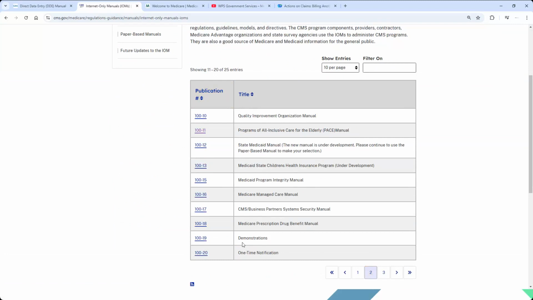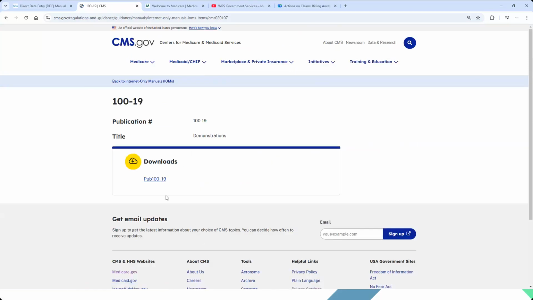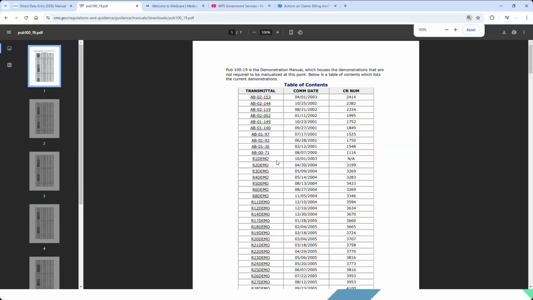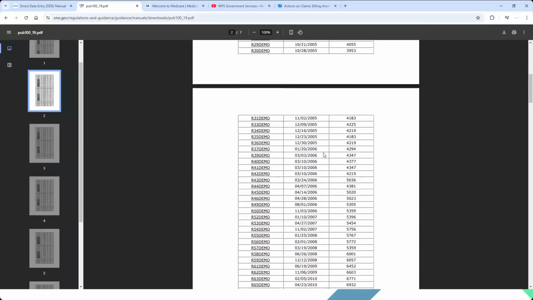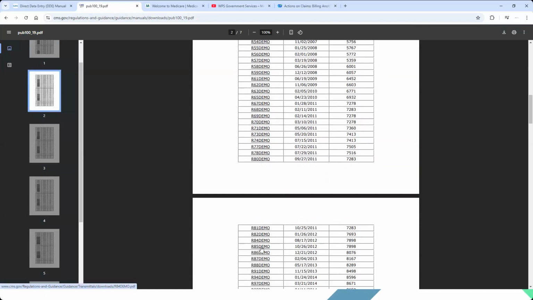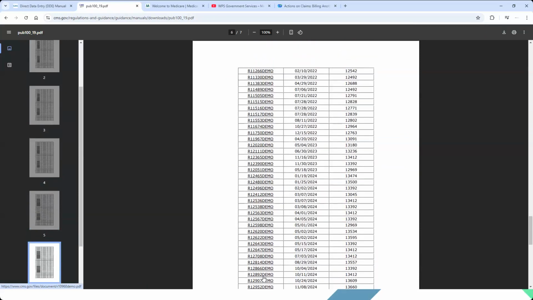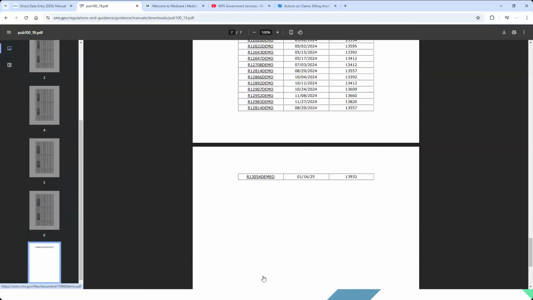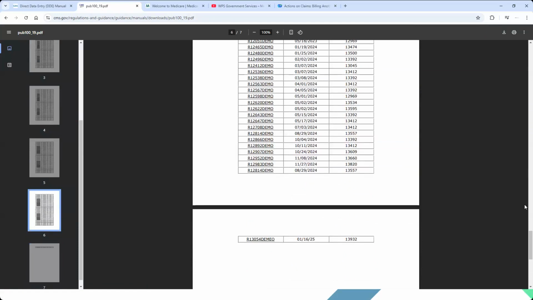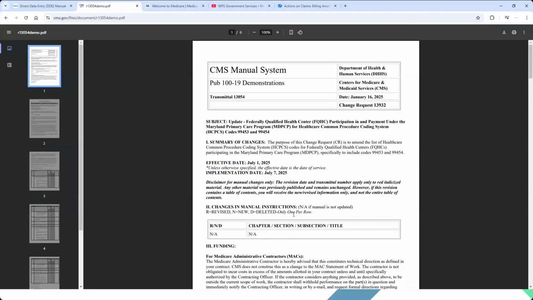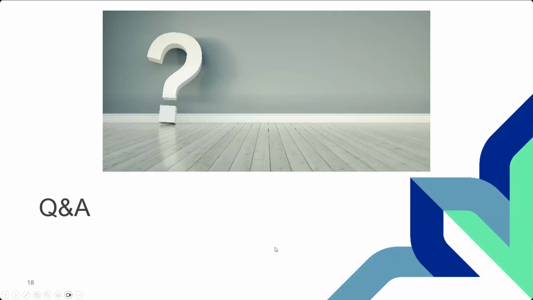This is the demonstrations area, and you can see it has its own publication, 100-19. You go through and it talks about all the information you might need to know, but you're like, none of it makes any sense. Well, that's because these are all the different demonstrations. You can see CMS might have one or two as we're hitting page 7 of the demonstrations, and then it tells you what you need to know about those. It actually takes you to the information. So if you're looking for something like that, that might be helpful to you as well. I did forget to add that in, so I thought I would quickly throw that in before I moved on to the next section. Aline, sorry, did anything come in while I was talking?